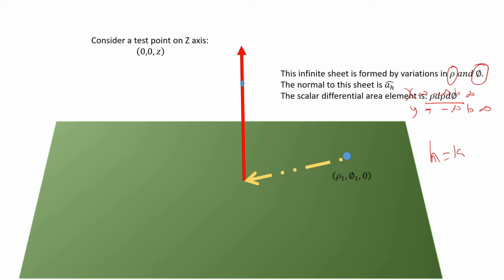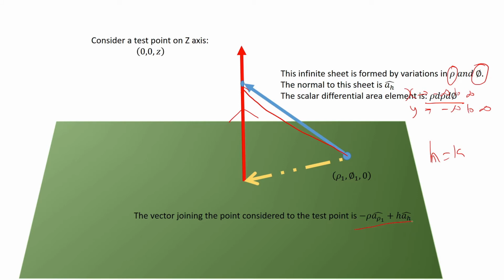Now to reach from here to here, I will be reaching here and here. This is the perpendicular drawn from the point to the z-axis, so this is just opposite to the perpendicular drawn from the z-axis to the point, right? And this direction is going along the increase of h, so this direction is a_h cap. So I can write the vector joining the point to this as minus rho a_rho1 cap plus h a_h cap,